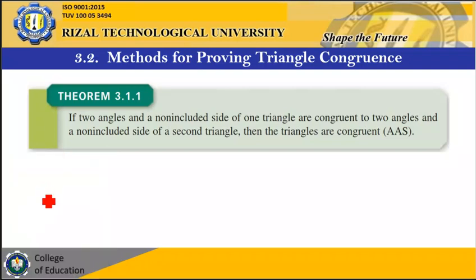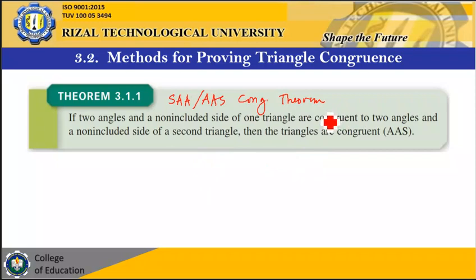It says here that if two angles and a non-included side of one triangle are congruent to two angles and a non-included side of a second triangle, then the triangles are congruent. This is the angle-angle-side congruence theorem. Okay? And since this one is a theorem, of course, we need to prove this before we can use it. But before